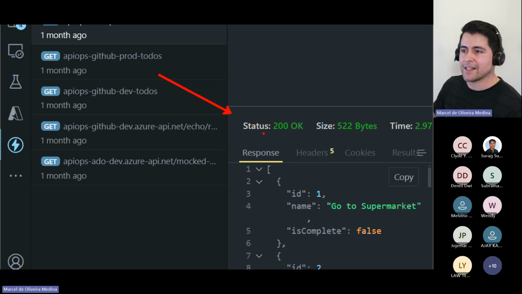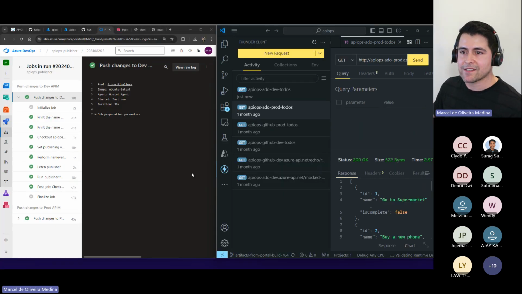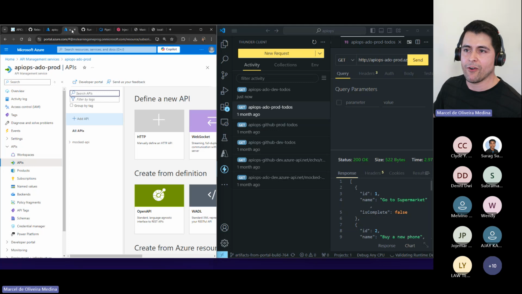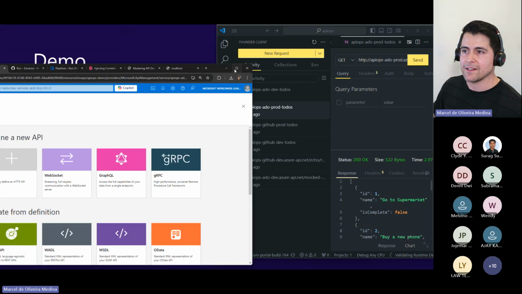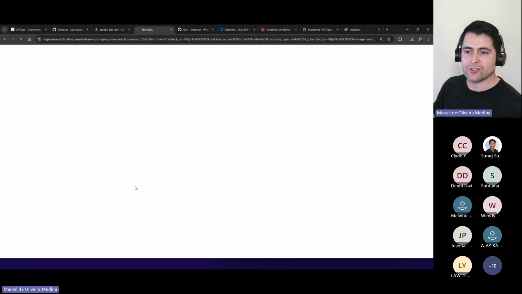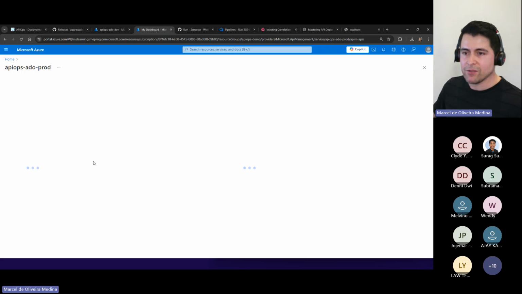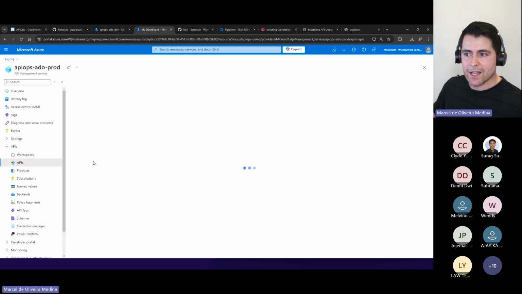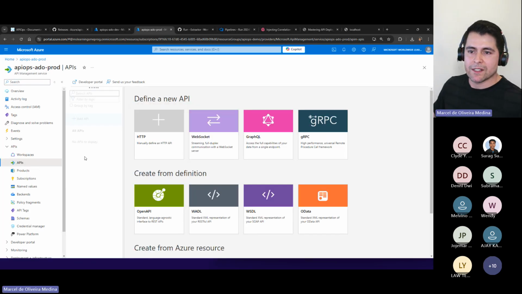I have created that, and I have the same instance, exactly the same as my development environment, which is amazing. Before, in my production, I didn't have anything. Now, if I refresh, I should see the to-do V1 available and all the others.